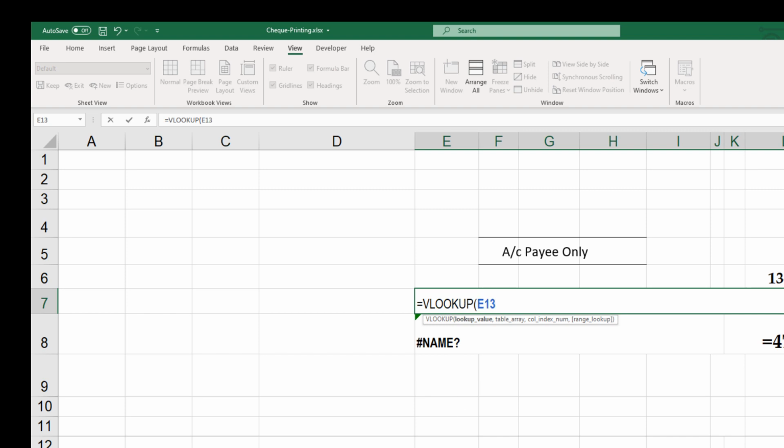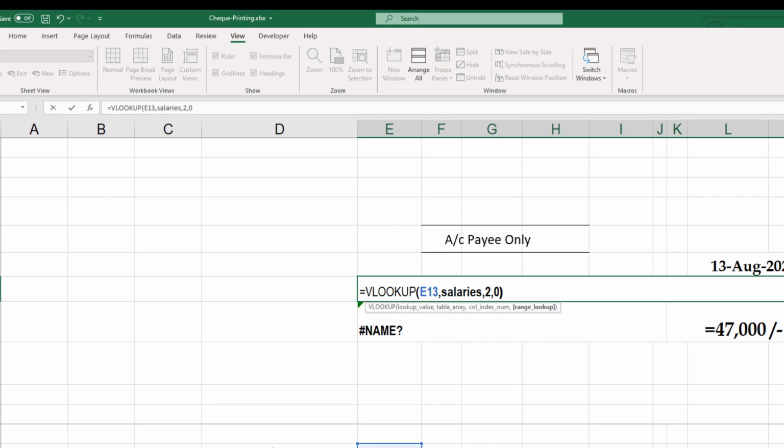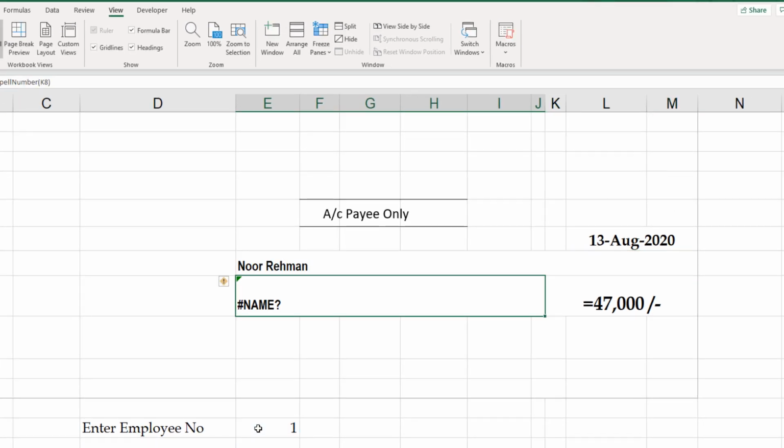Equal to VLOOKUP. Looking for what? Looking for employee number. Where? In the salaries table, comma. From which column do we want to fetch data? It is column number 2, and the search should be exact.